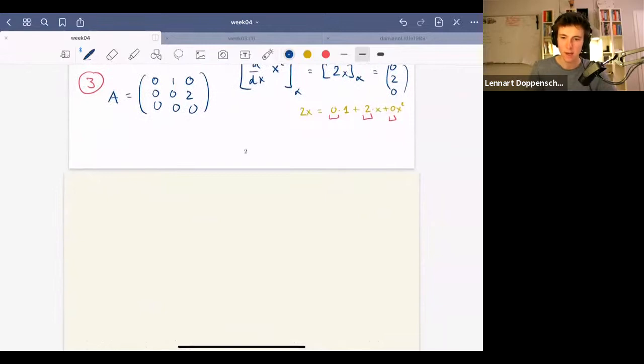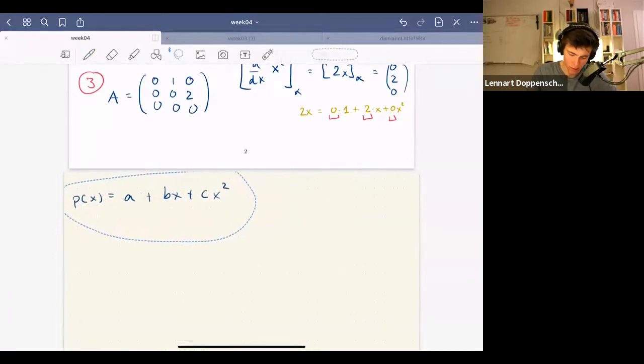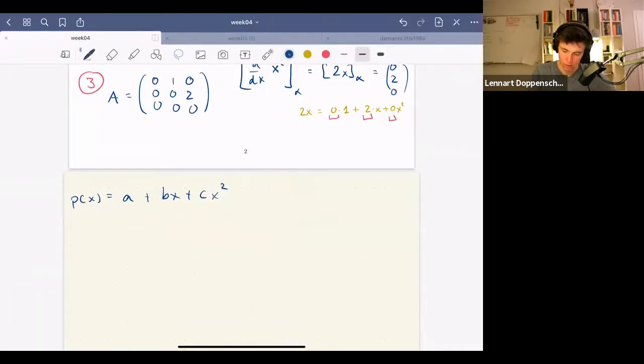So let's test a polynomial. Actually, we can just do a general polynomial. P of x is equal to a plus bx plus cx squared. Then we do them all at once. Now, let me start writing this in a suggestive kind of format. When we apply gamma alpha, remember that's the thing that extracts the coordinate n-tuple, we will get a, b, and c.